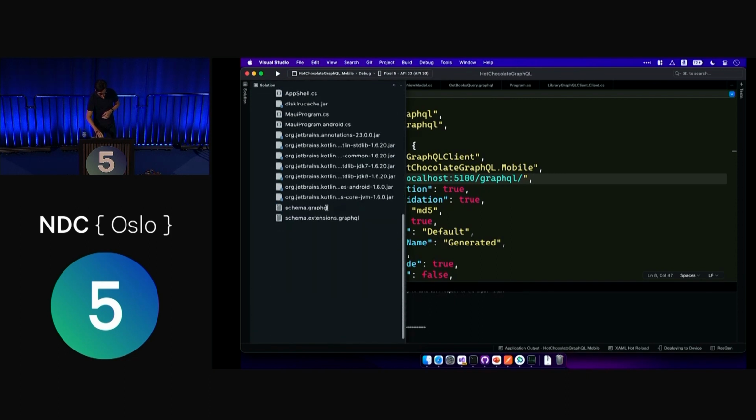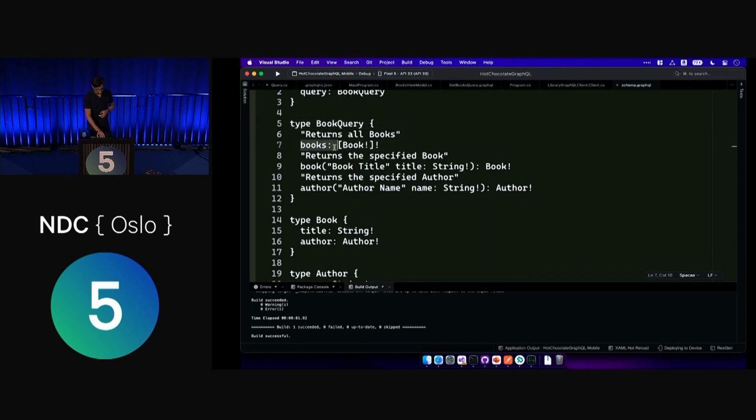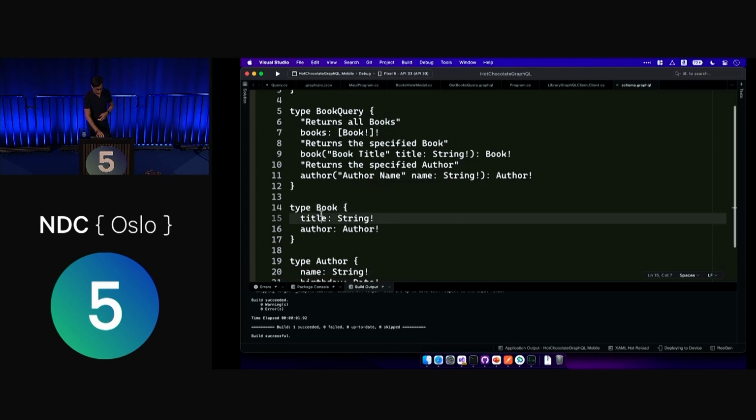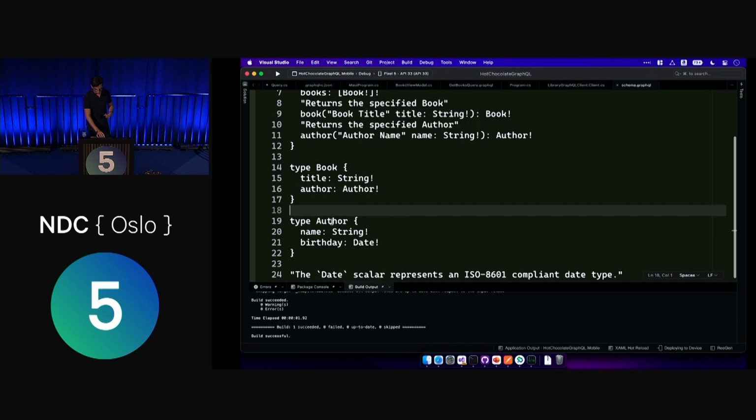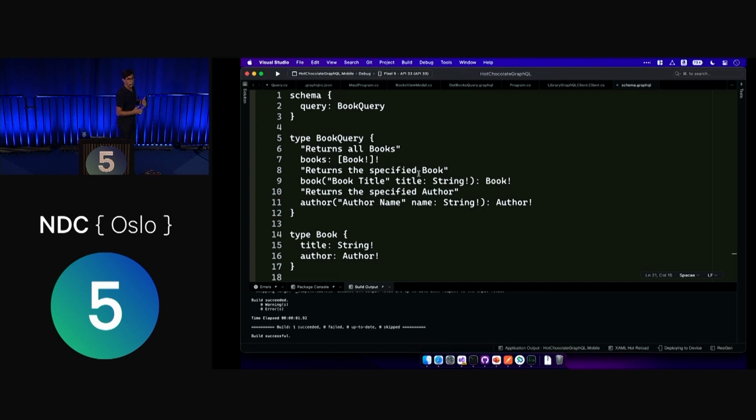So if we scroll down, there's another file called schema.graphql, and this is the schema that HotChocolate on the server side had auto-generated for us. And you can see, this is exactly what we expect, right? We have the books query that returns all the books, and that's the list of books with the exclamation points, meaning it's not nullable. We have the type of book, and every book is going to have a title, which is a string that's not null, and an author that's not null, and every author is going to have a name and a birthday. So right away, Strawberry Shake knows everything about our GraphQL API, and this is what it uses to auto-generate all